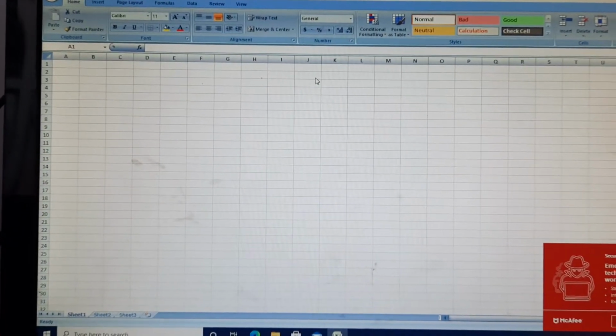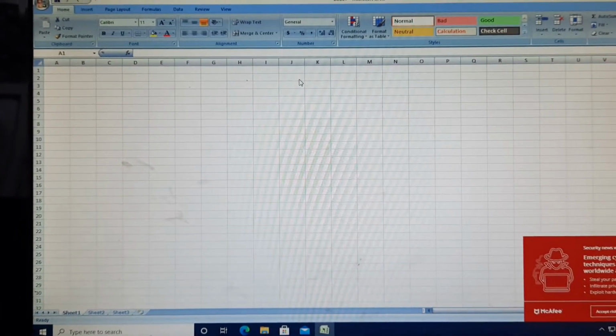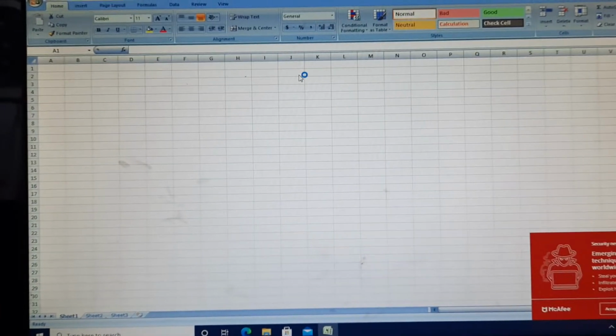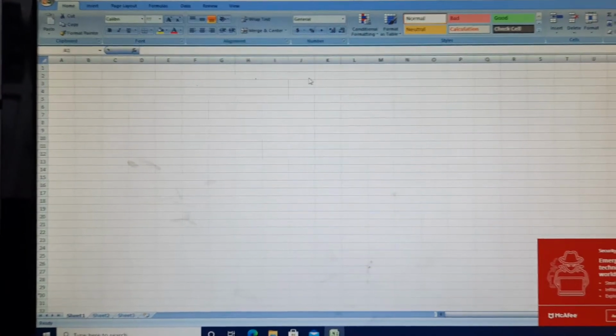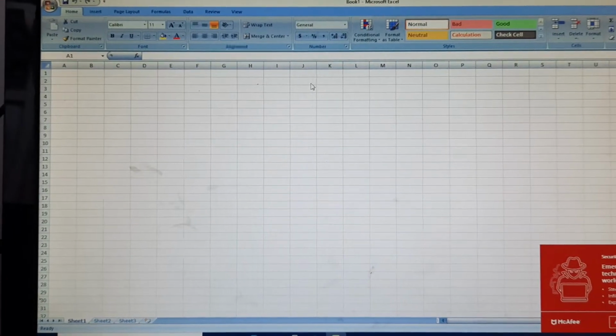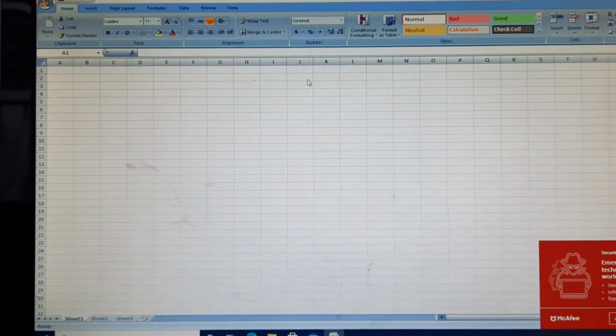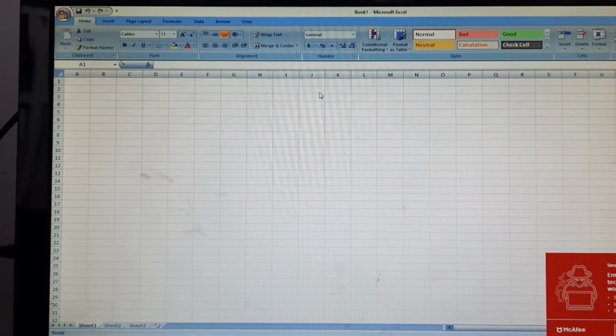So, coming back to our lesson, I'm explaining about Excel. What is Excel? It is a working sheet where we do calculations, different types of calculation. In maths you do so many calculations. Here also, this is the platform in the computer to do all types of calculations.